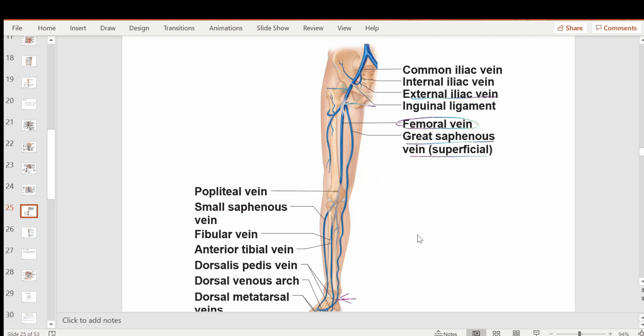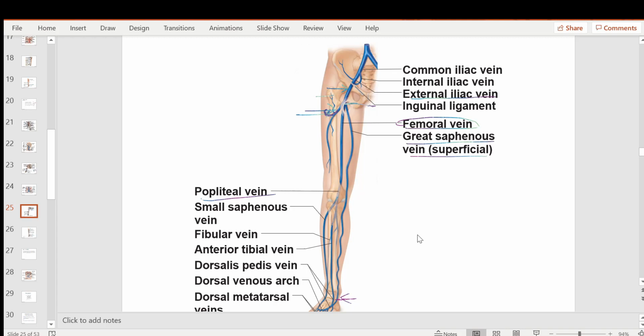Now let's see. You see this is the circumflex femoral. They did not label it. Circumflex femoral. This is femur, right? The bone. So circumflex is going around. You can see here it goes around like this. Then what happens? The femoral vein in the back of your knee becomes the popliteal vein,